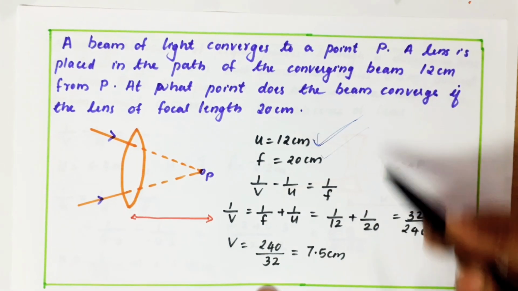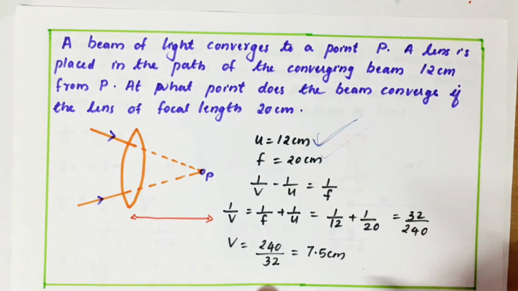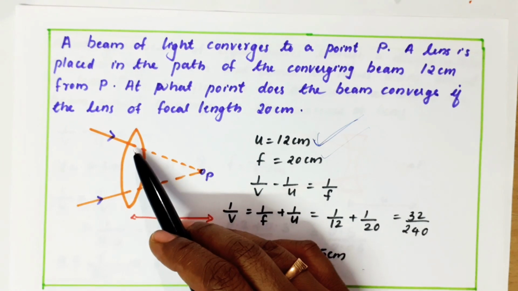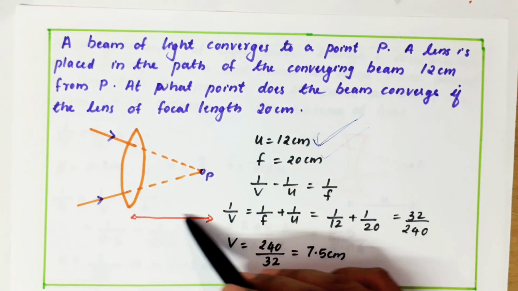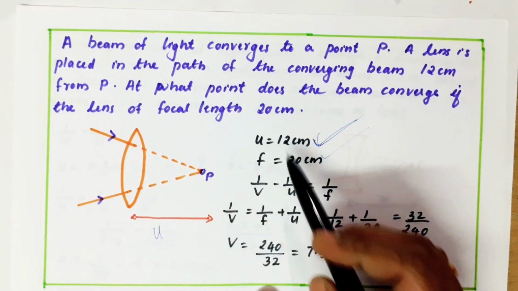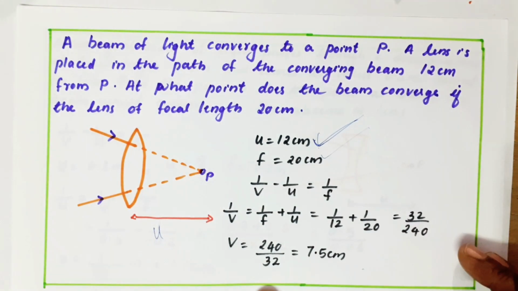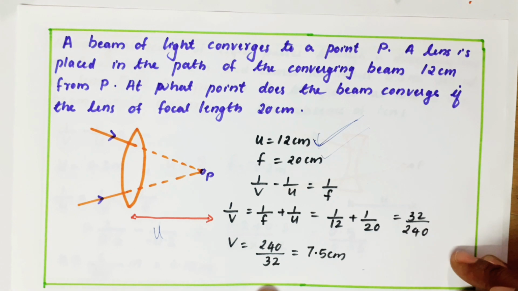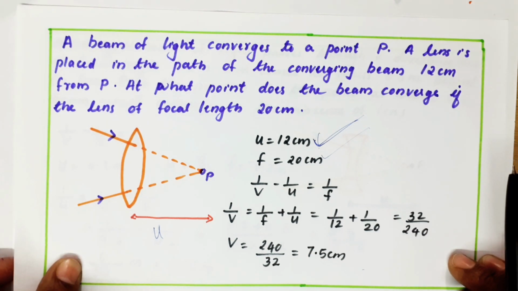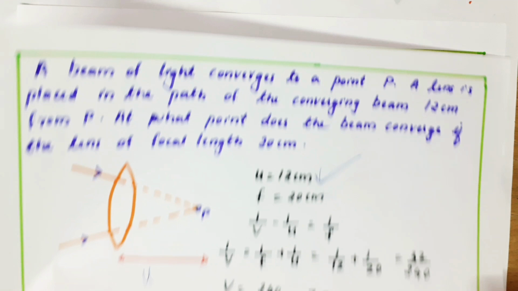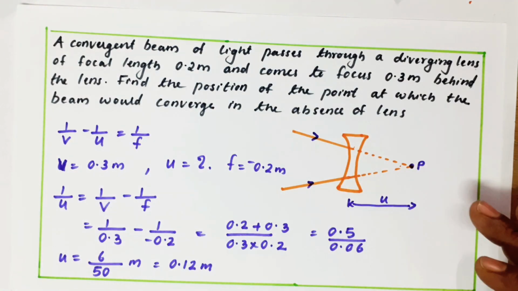F they gave its length, simple formula, only one thing. This is a converging beam and here I am keeping a lens and here it's getting converged. So this is your object distance U. So in this case object distance U we are taken as positive. Okay, then simple lens formula only, nothing more than that, 1 by F plus 1 by U, U we are taken as positive. Same question with a concave lens.